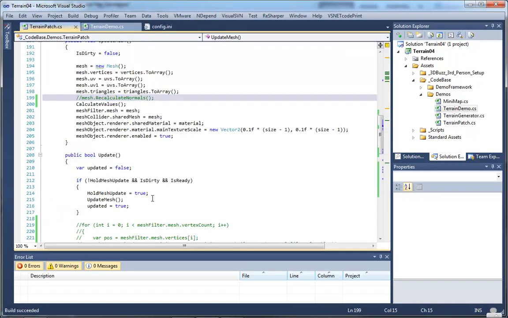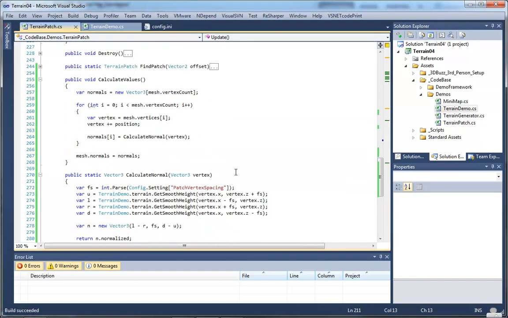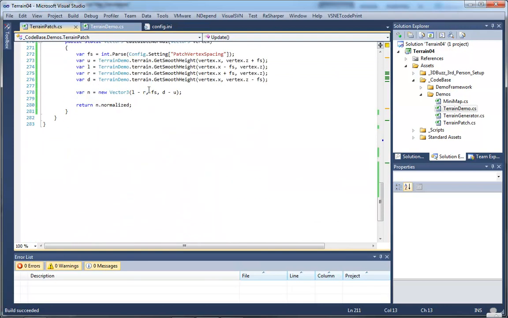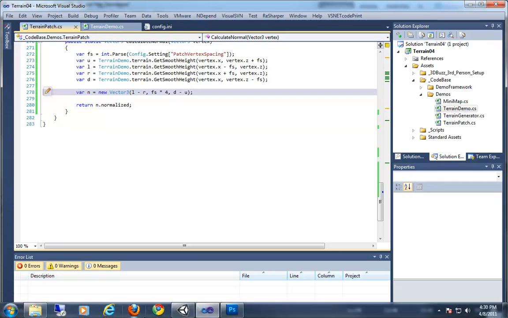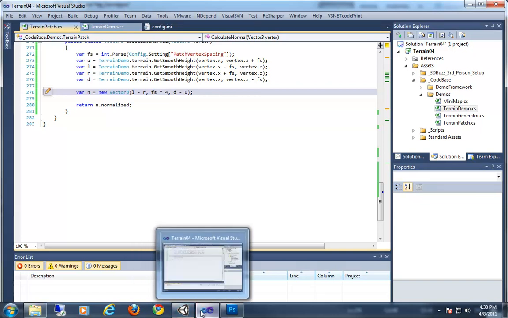But I want to go back to TerrainPatch, where I had mentioned we're using full space here. I want to demonstrate what happens if we double our spacing. Actually, to make it even more apparent, let's go by 4. So if we run it again,